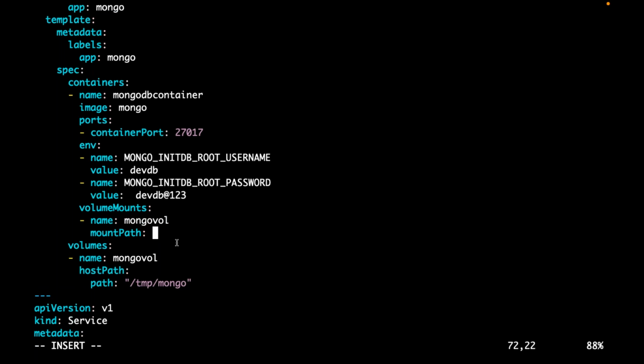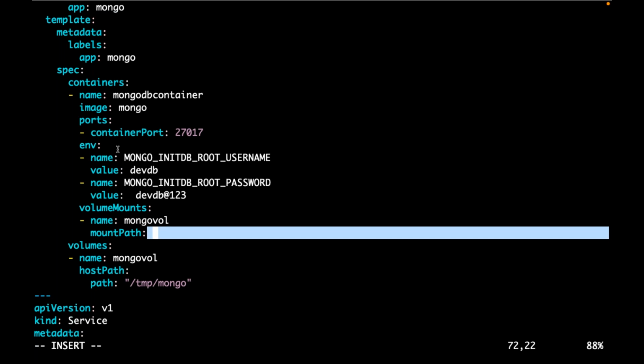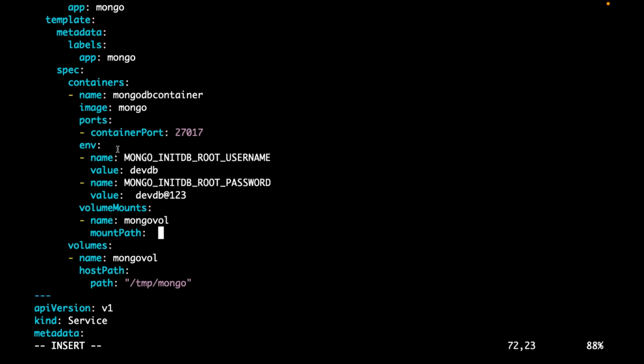So this is my database container. To which directory of this container do I want to mount that volume? Can I say something like this? /data/db, something like this.